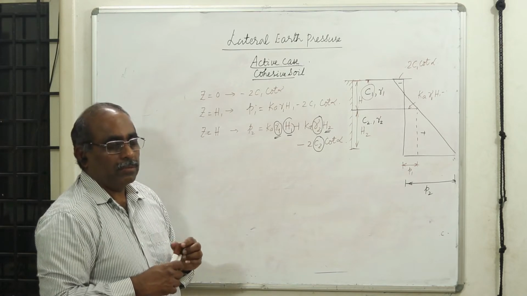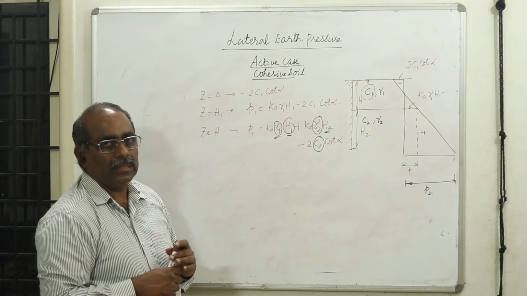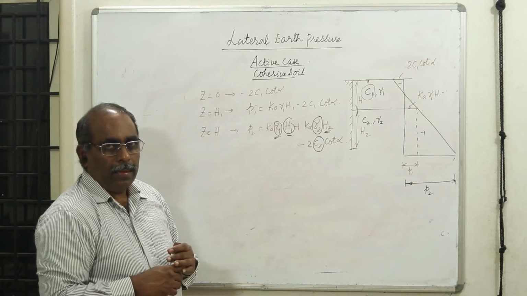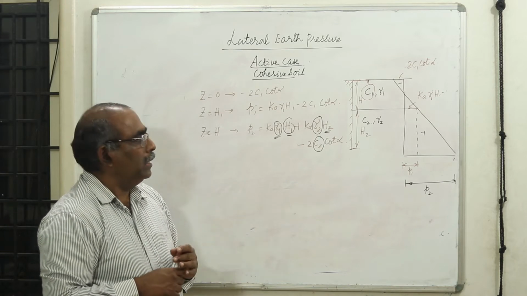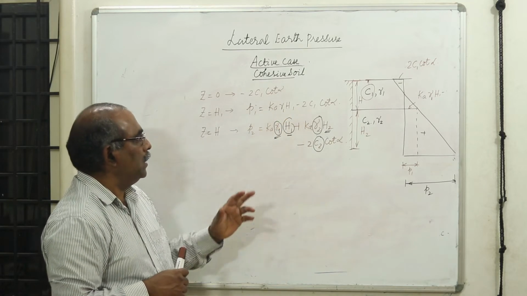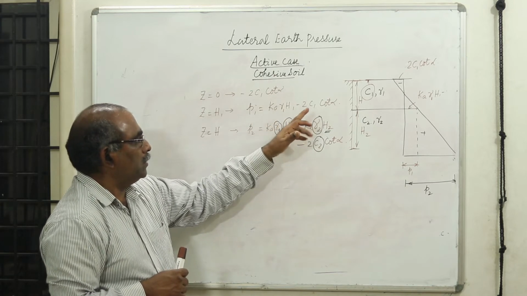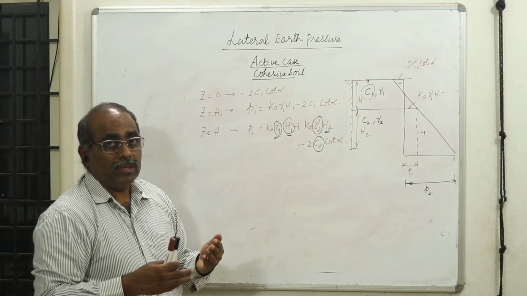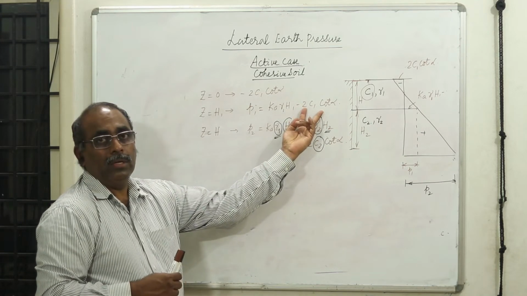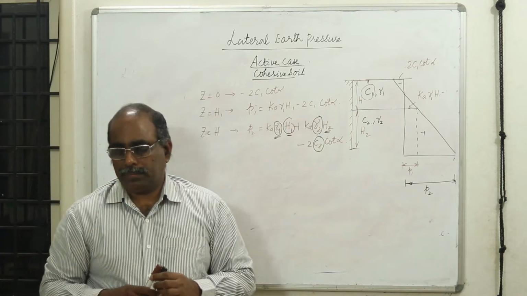When you have a passive case, both cohesionless soils and cohesive soils, we will see how it is a very simple case because you have already studied cohesionless soils. Cohesive soils is just an extension. Instead of Ka it becomes Kp, and in the case of cohesive soils this term becomes positive. That's all, it is going to interchange. It will be Kp gamma H plus 2C cot alpha. Therefore, in a passive case, the pressure is increased throughout by the value 2C tan alpha. Instead of cot alpha, it will be tan alpha.